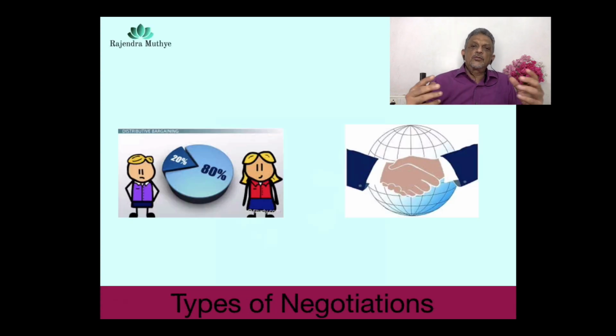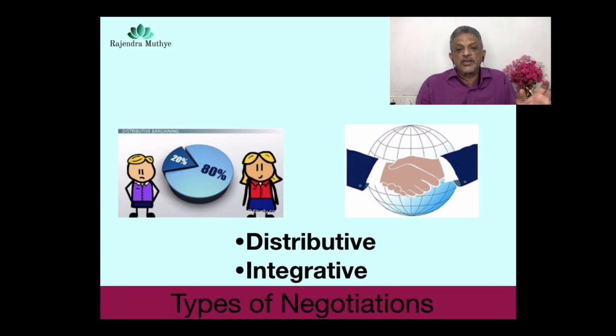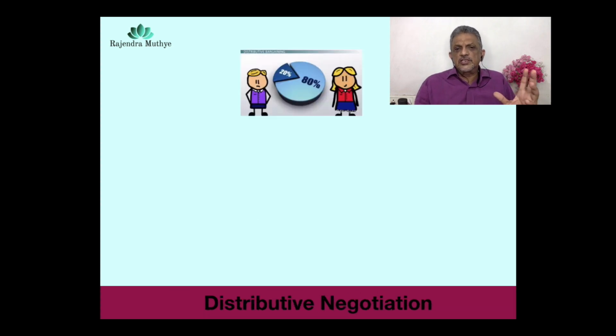Okay. So there are two types of negotiations. One is called distributive negotiations and the other integrative. Distributive negotiations are dividing the pie 80-20. One person wins, the other person loses. Whereas integrative negotiations are the types where they create value and a win-win situation, right? So there are two types of this. This is mostly the theory part of negotiations, so I'm going to run through it. I'm going to give a PDF which you can download and go through the theories.